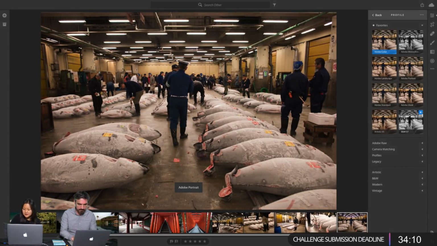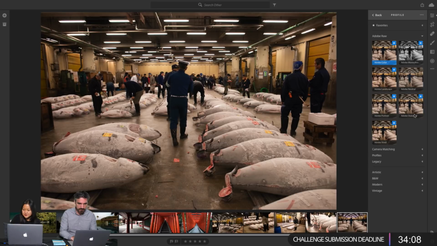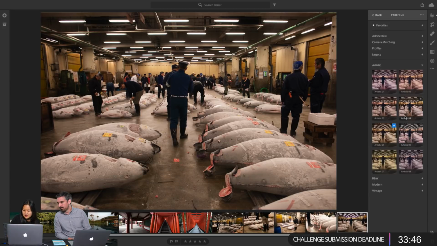So I have some marked as favorites, but I kind of just go and hover over them. I'm definitely of the mindset of, why reinvent the wheel when it's already kind of there? So I love presets, I love profiles. Why would I spend time doing it if it already kind of exists for me? Here we go.